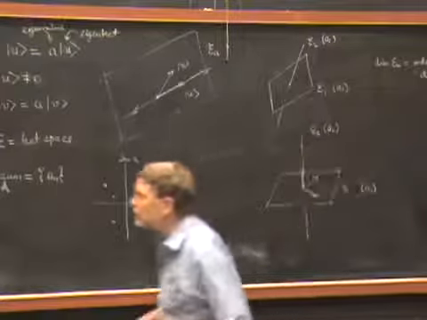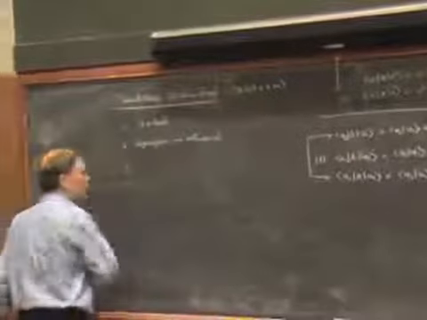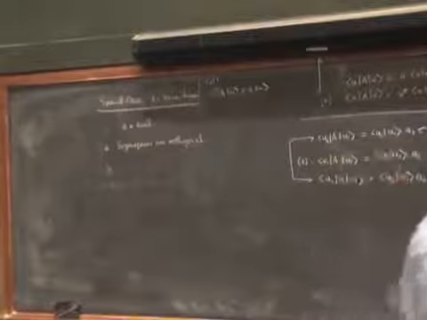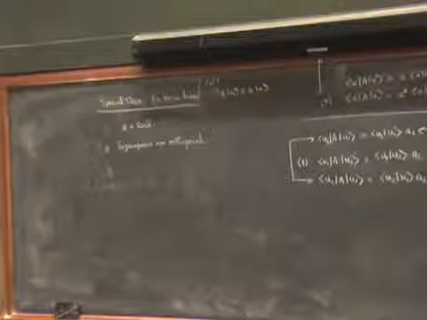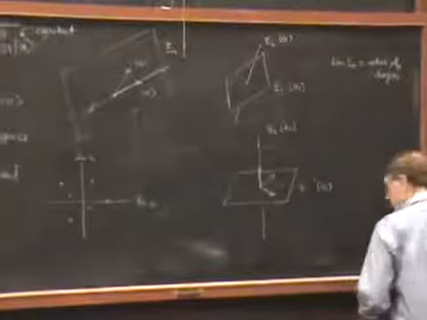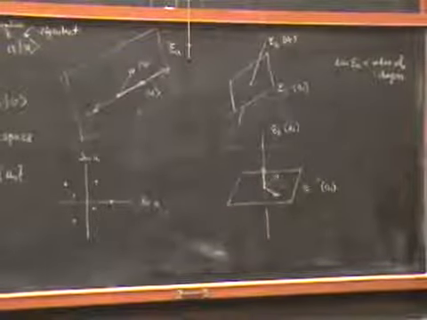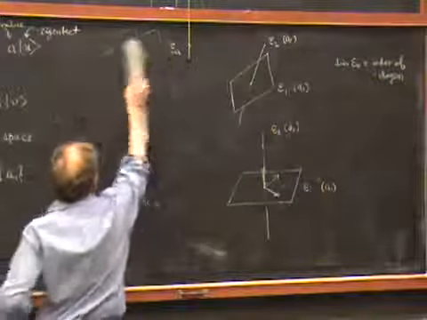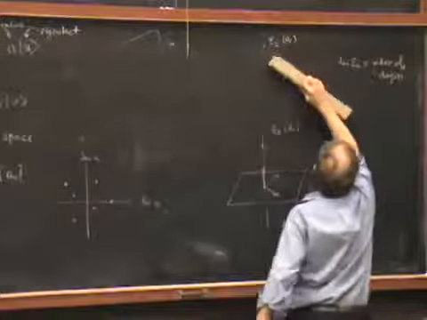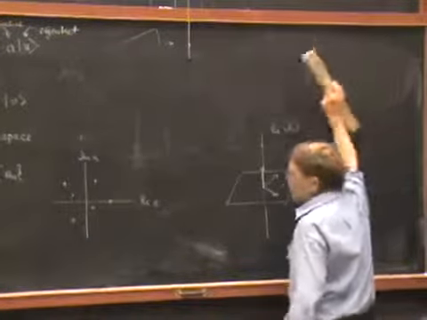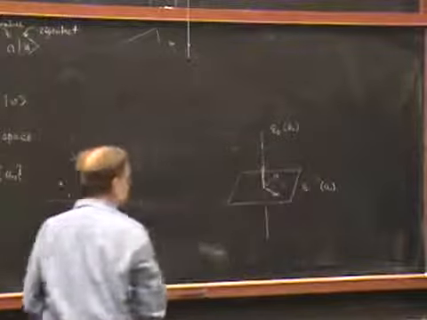Now, there are further simplifications in the case of Hermitian operators. Let me illustrate them by going back to this picture here for Hermitian operators. In fact, since I'm now talking about Hermitian operators, let me erase some of the rest of the stuff here which applies to other cases that I don't care about anymore. Let's get rid of that. All right, so let's talk about the case of Hermitian operators.